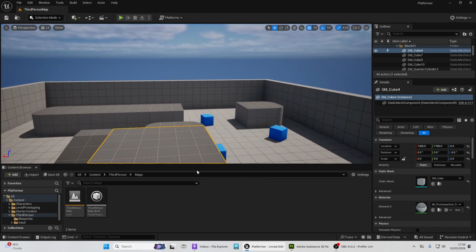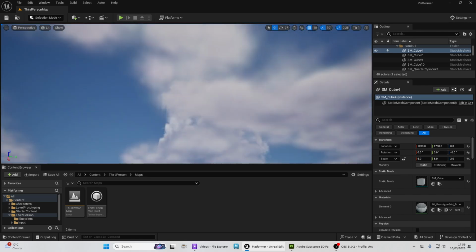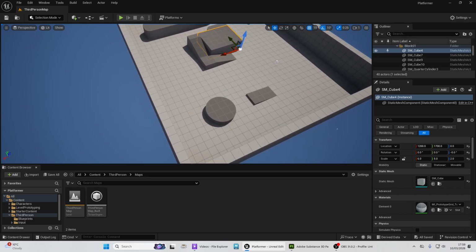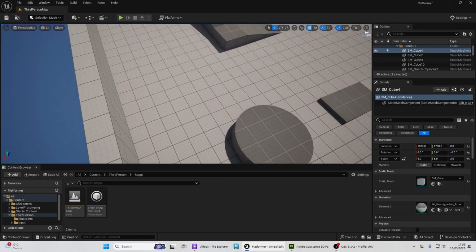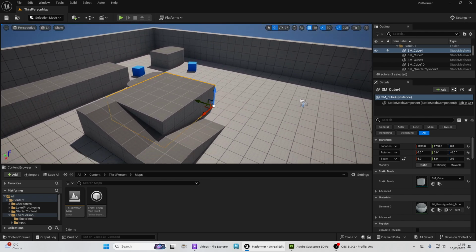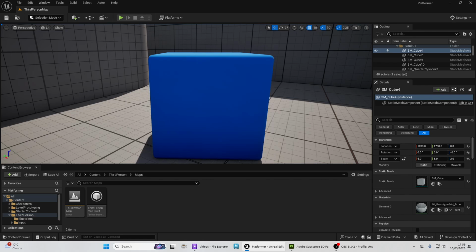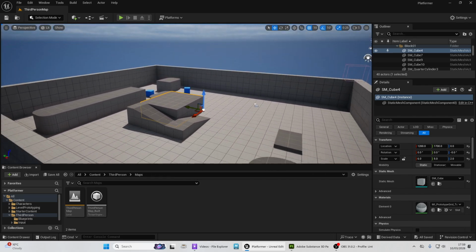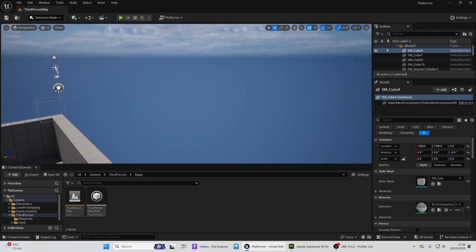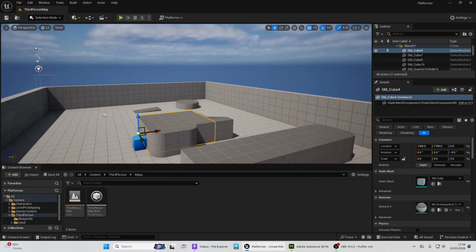But I like to hold down right click, look around, and use WASD on the keyboard to fly around. So I can press S to reverse, W to move forward, and I just move forward in the direction that I'm looking. So if I look over towards this blue cube here, press W, I'm going to fly towards that blue cube. Press S, and I'm going to reverse away from that blue cube, all while holding down right click. And just give it a few minutes of practice, and you'll find that really comfortable, hopefully,